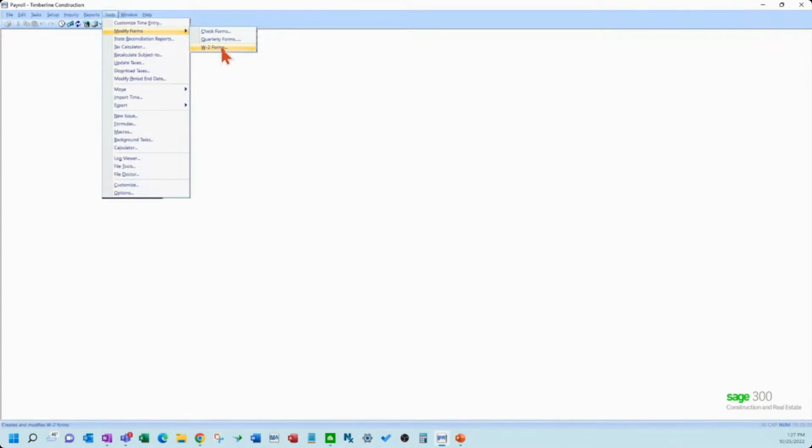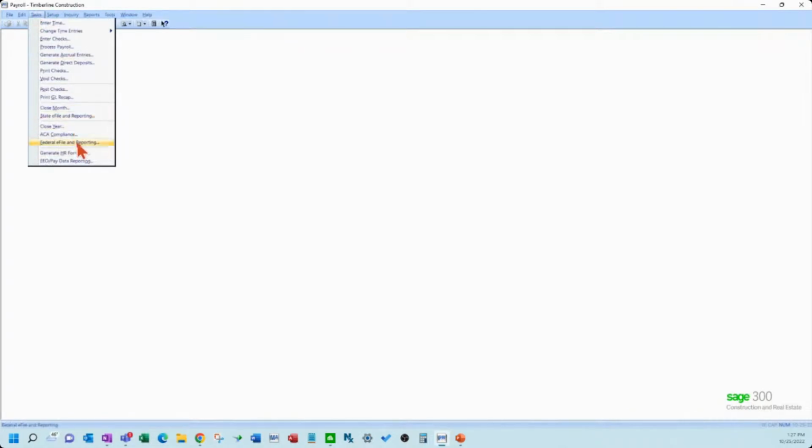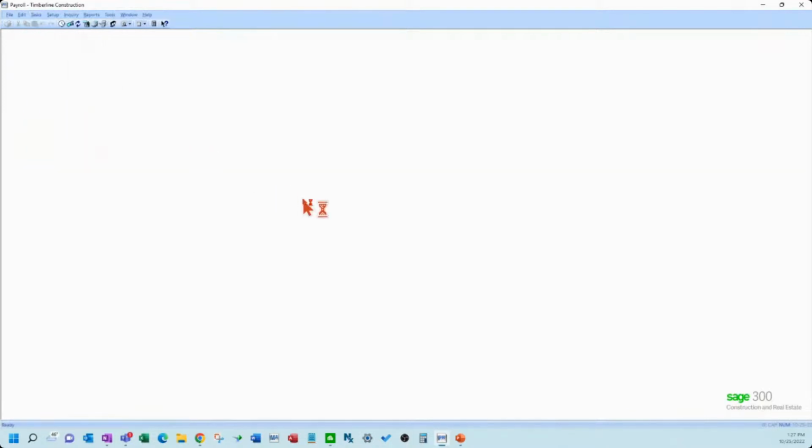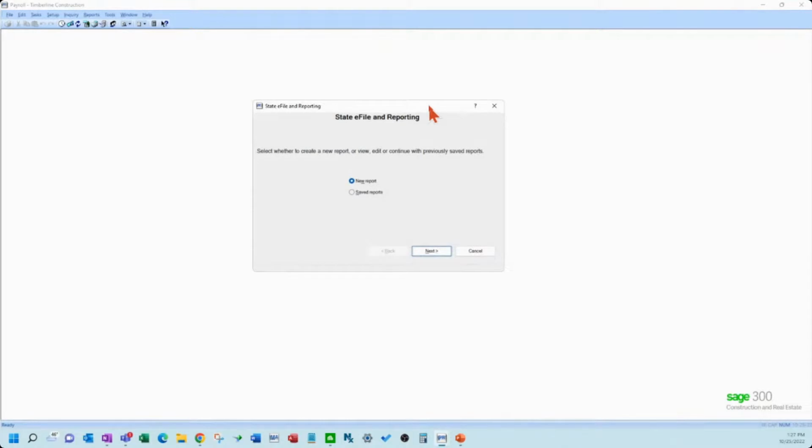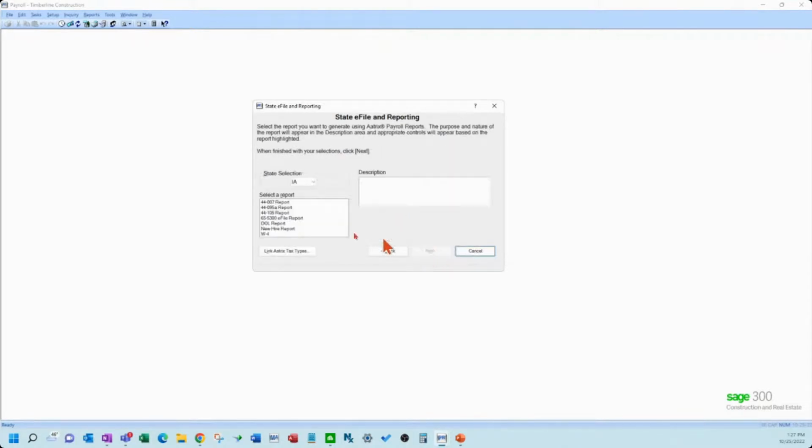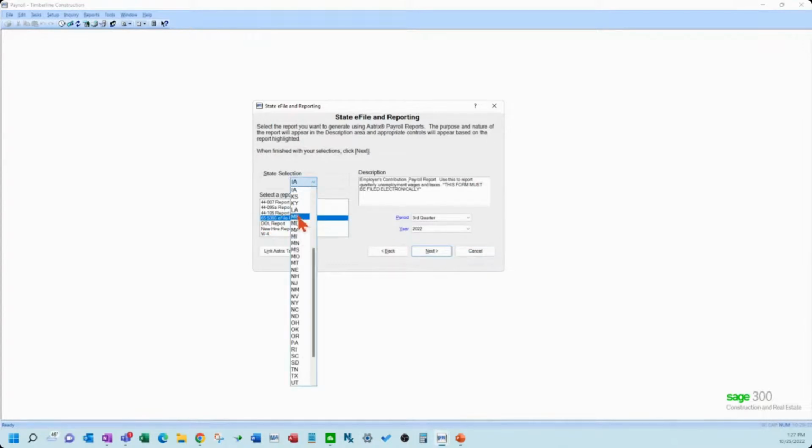Okay. So I covered a W-2 filing, but there are state filings you can do as well, like your state unemployment and your withholding for the state. You will see these. This is an Iowa number, but you can pick different states. Just make sure your wizard is up to date and you download the updates, but you can pick your states and see your different forms for your states, in your years and quarters and such.